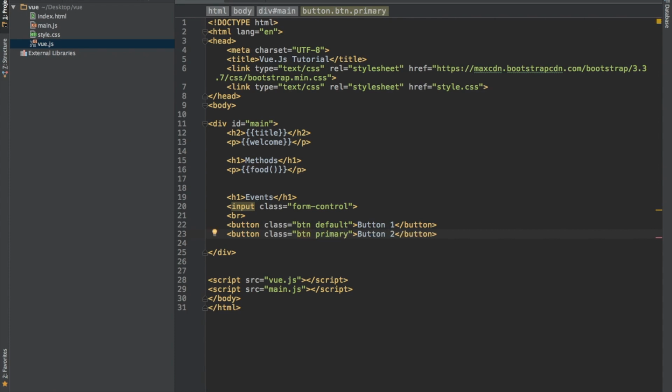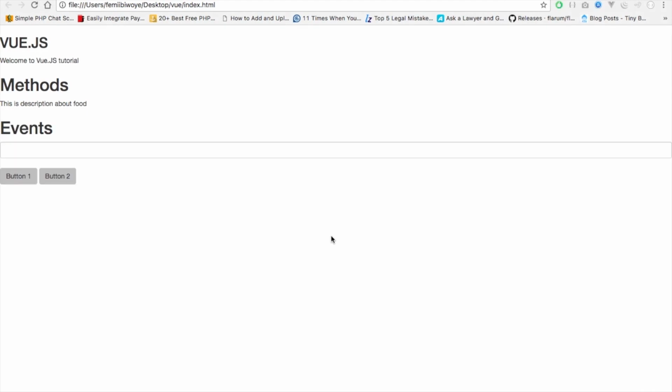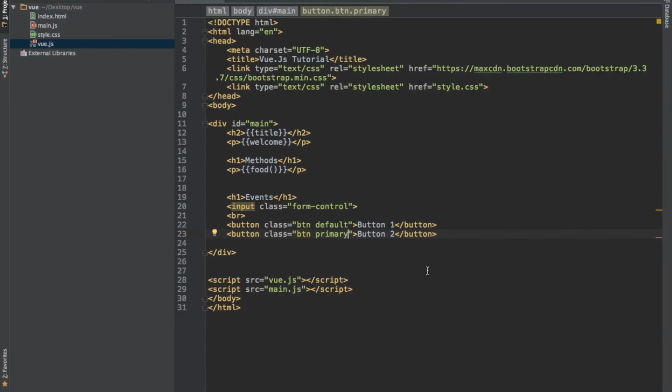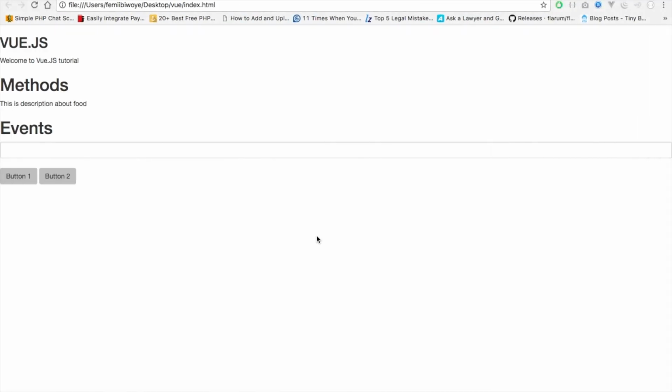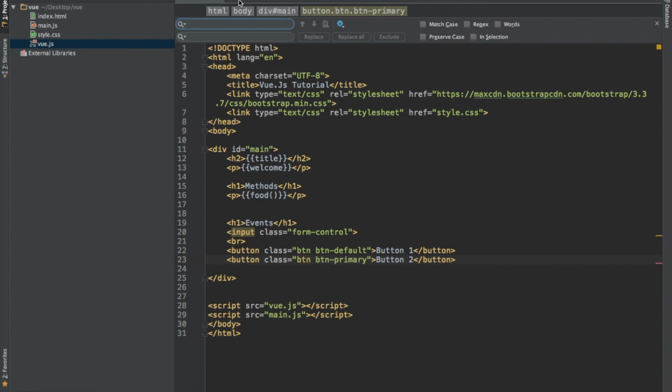So let's go to our browser to refresh. So this is what we have. btn, btn-primary. Good. We now have two buttons here. Remember, nothing is currently working there. None of them are working. So what we need to do now is, first, in our event, we want to display any content that is being inputted into this place in a div or in a paragraph beneath it. But before we do that, let's create a paragraph beneath it.